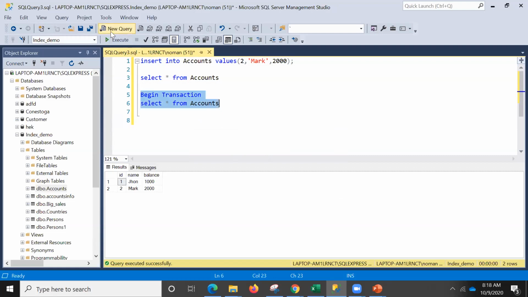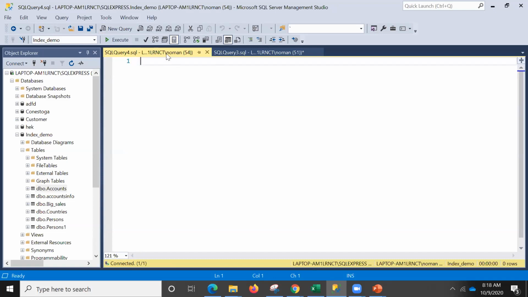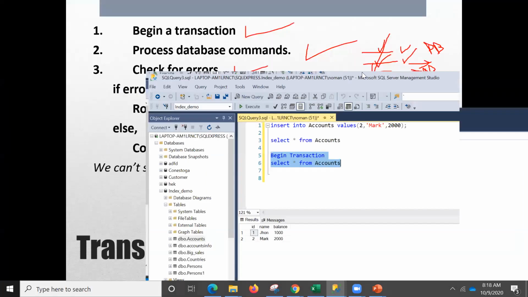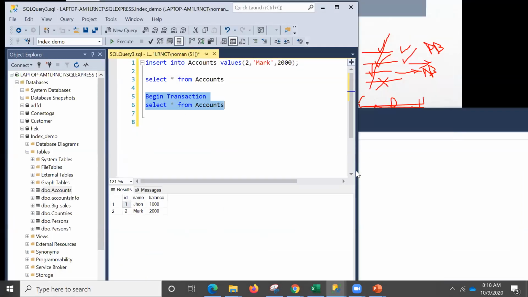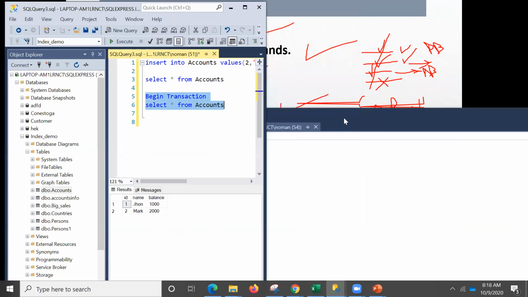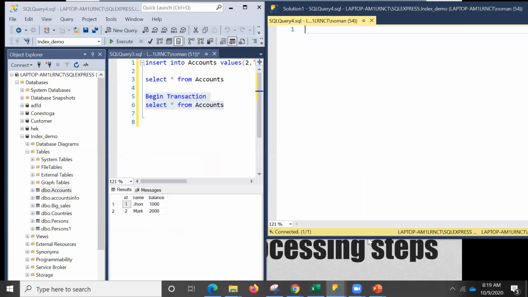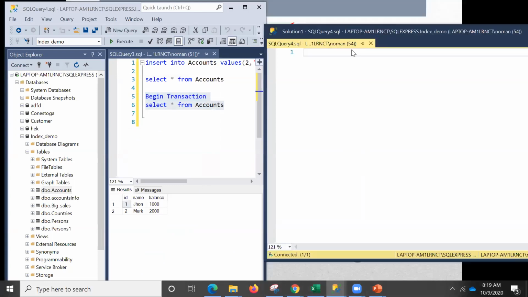Now let's open a new query, everyone. And let me just take this out of this window so that we can see the difference in these two. All right, so now we have this another window. So I hope you are able to see both of my environments of Management Studio. Are you able to see both screens? Like I have two screens open. Okay, Mohammed, thank you very much.